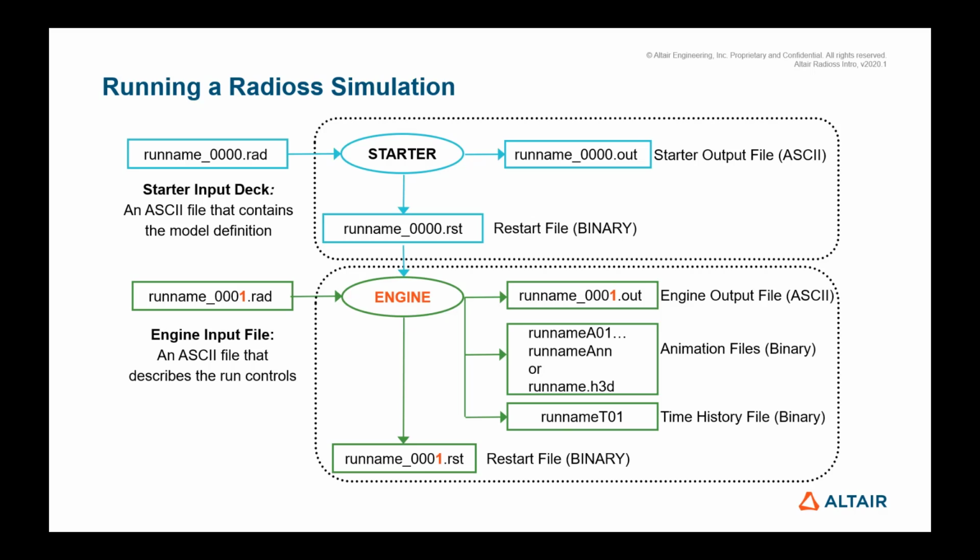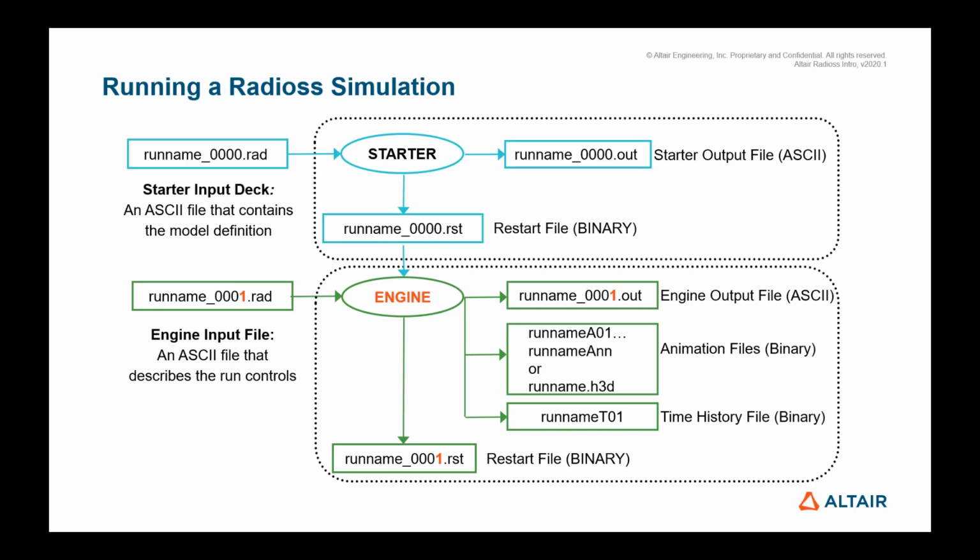The second part of the simulation is the engine. There can be several engine steps. Each one of these steps is controlled by an engine input file, 1.rad, 2.rad, and so on. Note that the first engine file can optionally be merged to the starter file. During this stage, Radioss is performing the computation of the numerical problem from time 0 to the final time defined for the simulation. It is creating RST file 2 that will be part of the inputs of the possible next